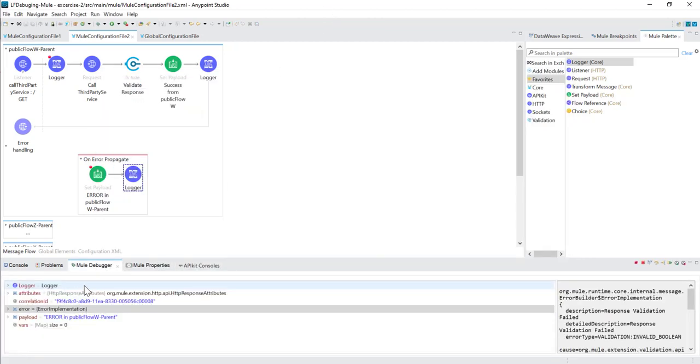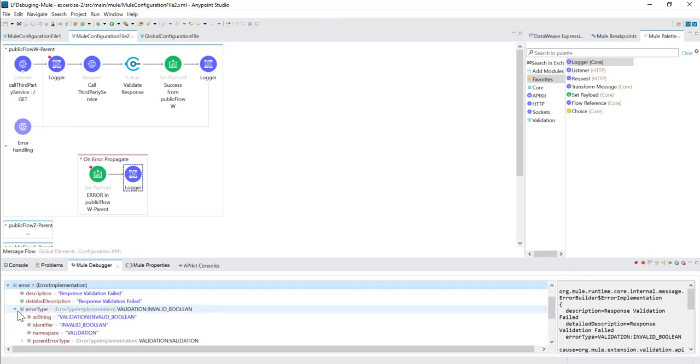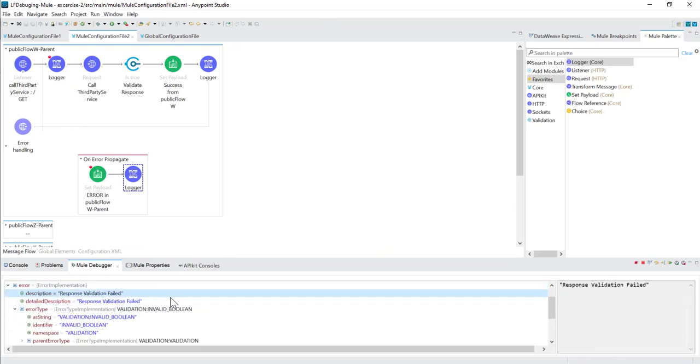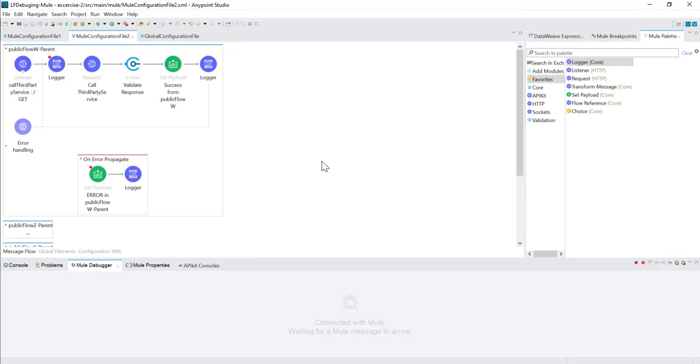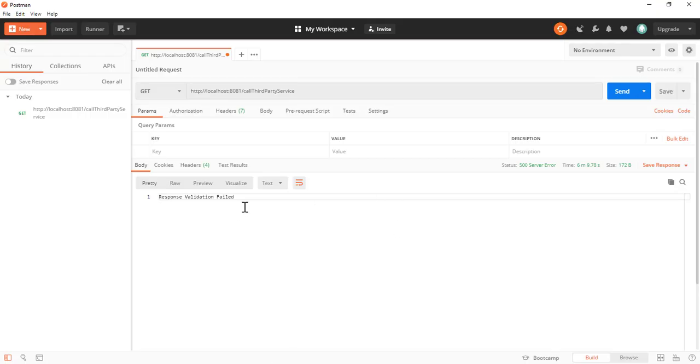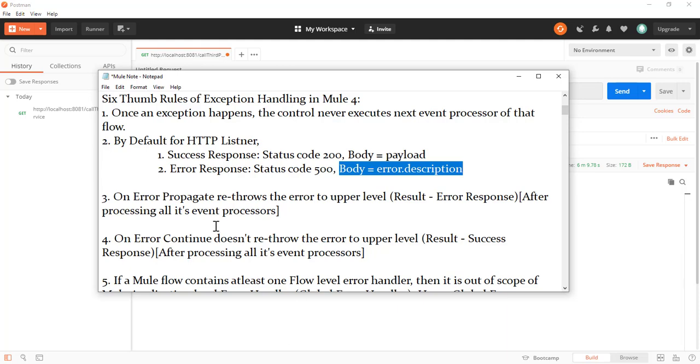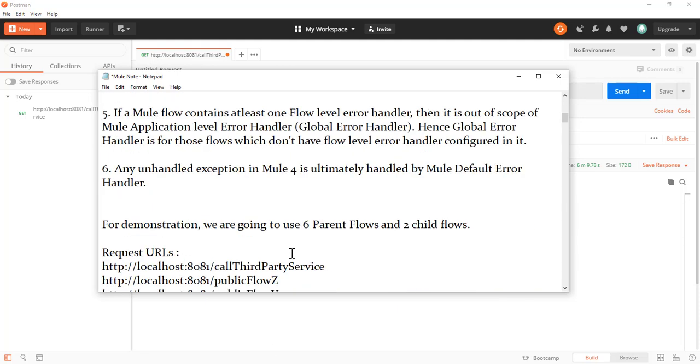So whatever is currently there in the error.description, this part, will be the body of the response. Alright, now if we move ahead, we will see that this is the body of the response. And this is the status code. So we have successfully run the first demonstration,